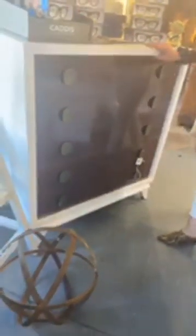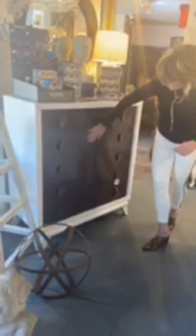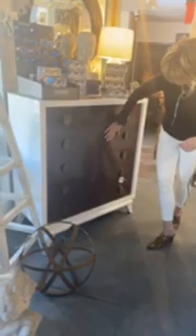Oh yeah, and we always try to find furniture. We started out selling more furniture, and we found it's such a difficult market, and we have such a small space, we didn't have a lot of room for furniture. But when we do find furniture and it's a sleeker line or a really interesting piece, then we pick it up. And this I got in Old Saybrook, and